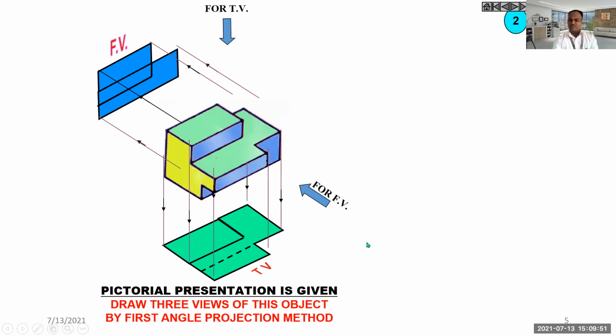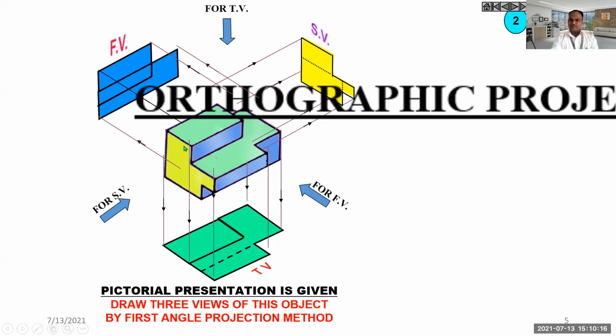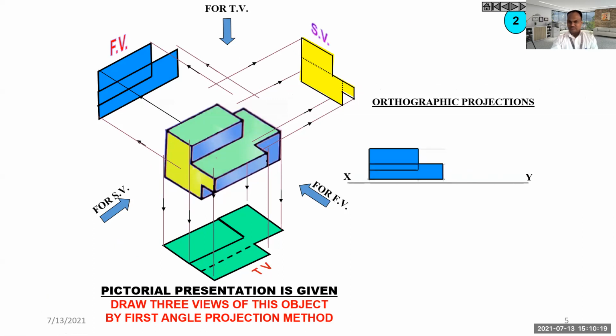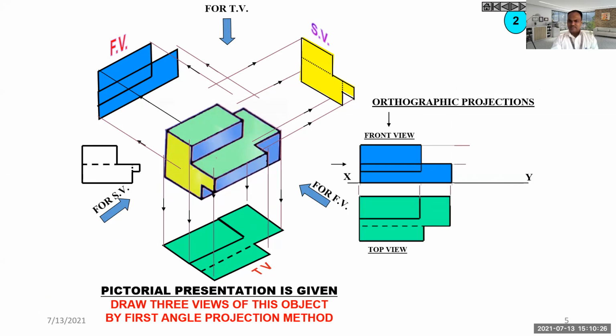Okay, so a dotted line will represent a hidden portion. What is not visible you also have to show with the help of a dotted line; you have to remember that. And in the side view again, you cannot see the edge here, so that edge is shown dotted. You cannot see the edge here from this side, so that's why this has been shown. Only you can see this yellow portion, so that's why we are going to draw the orthographic projections like this: front view, top view, and side view.